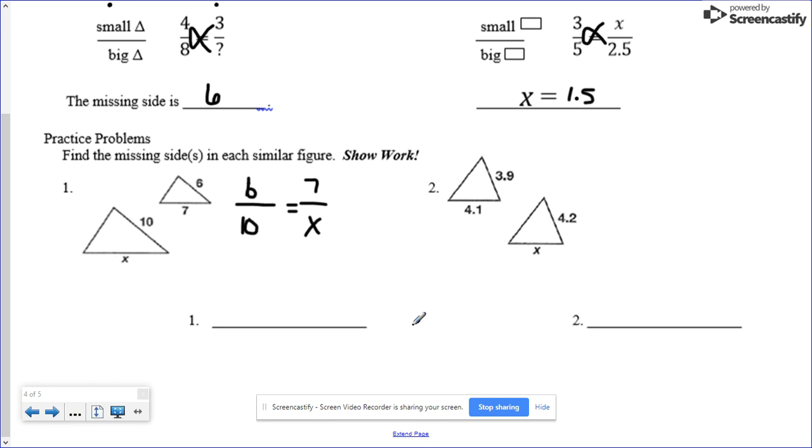Once you see number 2, though, they're basically the exact same size, so it doesn't matter which one you put on the top or the bottom. I would just pick a number, find the same place on the other triangle, and make your fraction that way. So the first number I looked at was this one. You could set this up a lot of different ways and still get this correct. The part on this triangle that is in the same spot as 3.9 would be 4.2. And then I still have this one right here, 4.1. It would go on the